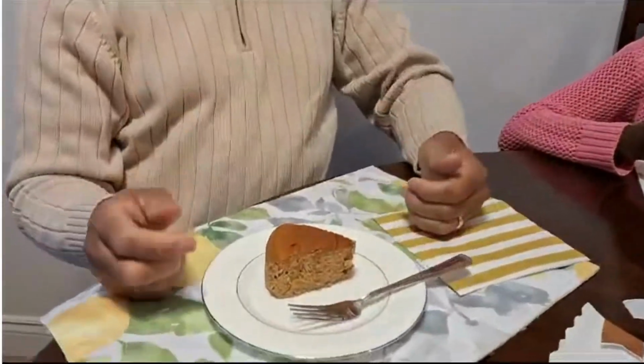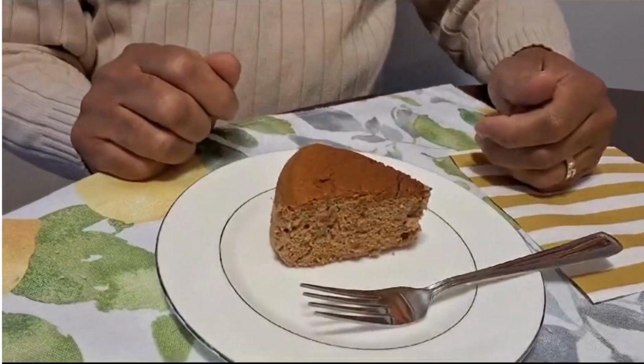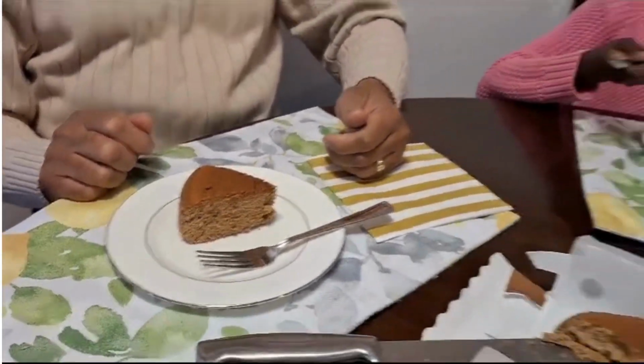Okay, so you want to go first? Sure. Okay, I'll try. Oh, it's very soft. The sound it makes when I...